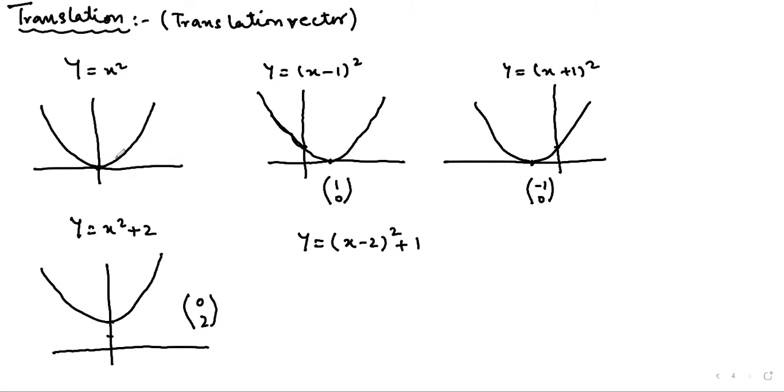Here in this curve, the first one, the line of symmetry is x is equal to 0. For this curve, the line of symmetry is x is equal to 2. Now we will shift this curve